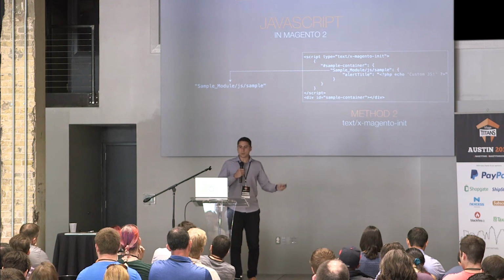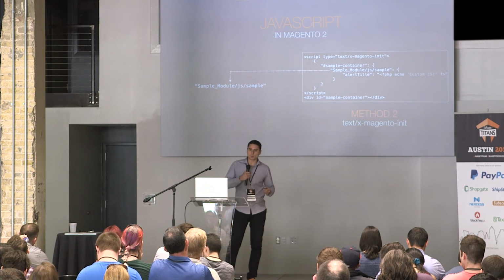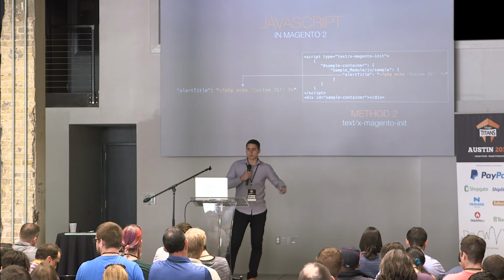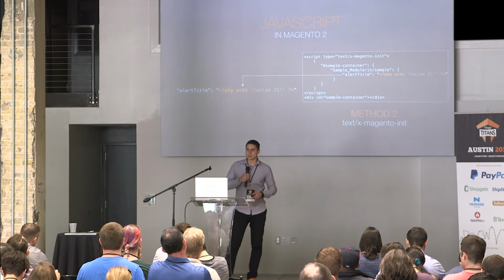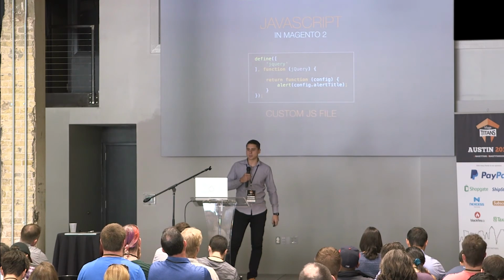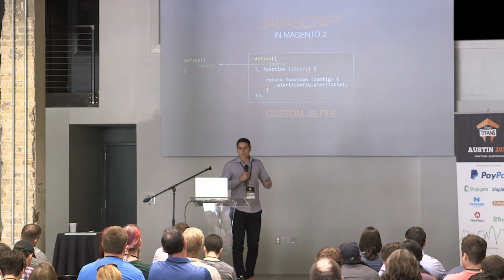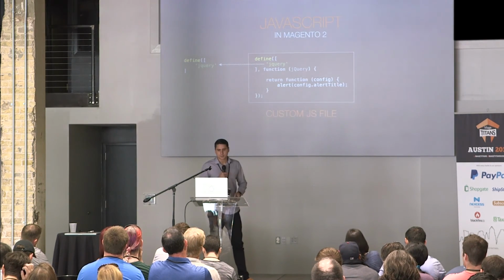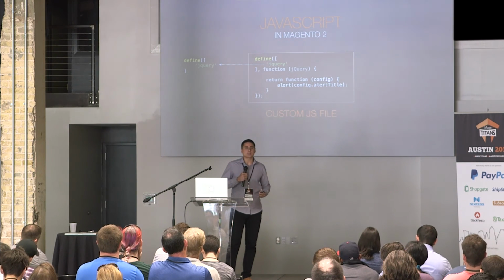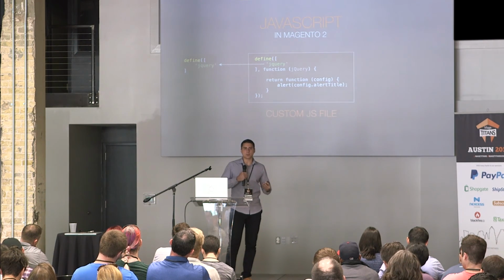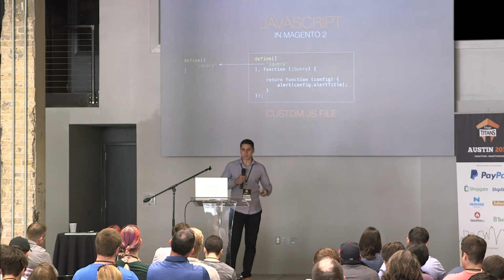Second, we can reference the JS file in the same way as the previous method. And last, as in the previous method, we can pass custom values to the JS file. So now, I would like to show you the JS file. This is a special syntax, and again, this is really cool for Magento 2. You can define dependencies on the JS file. So in this example, we are referencing jQuery. The cool feature from RequireJS is that the dependencies are included and loaded dynamically on the fly as well. So this happens once you request a page by